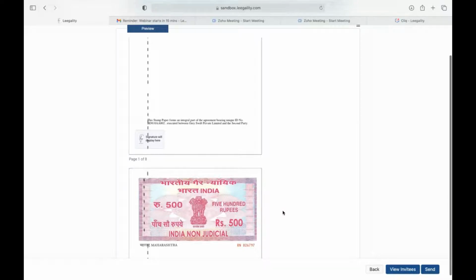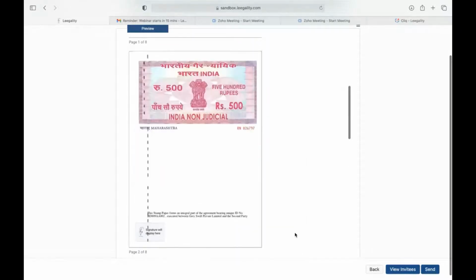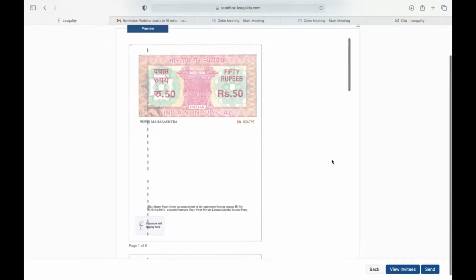The idea is to minimize the number of stamp papers that are used, because that helps you optimize the cost of procuring stamp papers, right? Because when you're procuring stamp papers through legality, there is a convenience fee that is charged for each stamp paper, but the algorithm is designed in a way to make it the most efficient for you from a cost optimization perspective. So you can click on load more stamp papers to see all the stamp papers that are there.